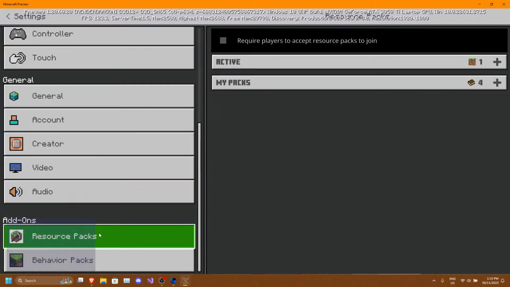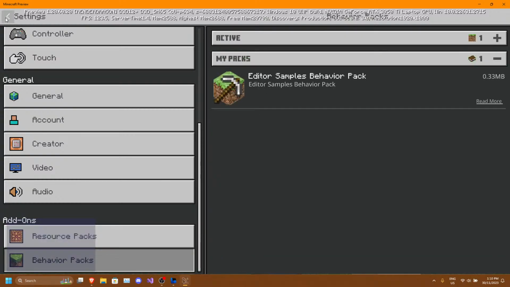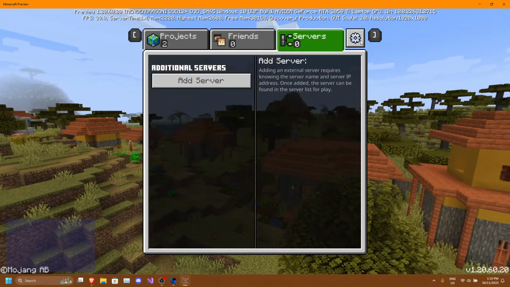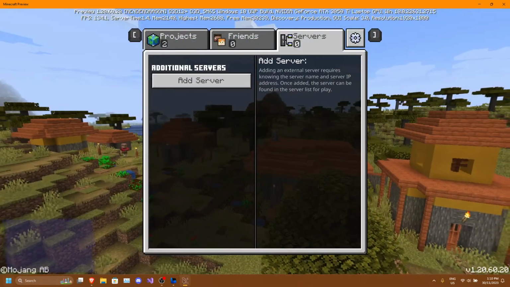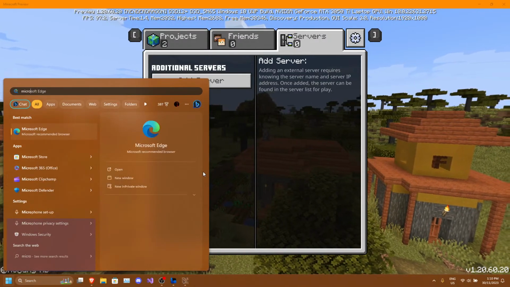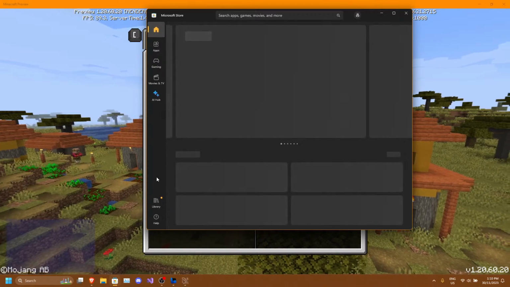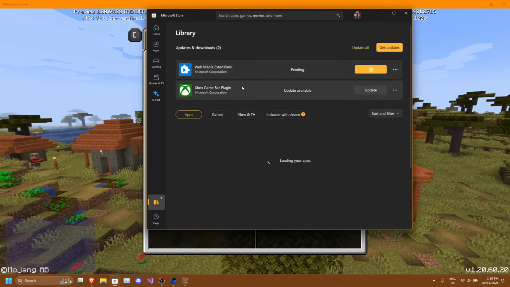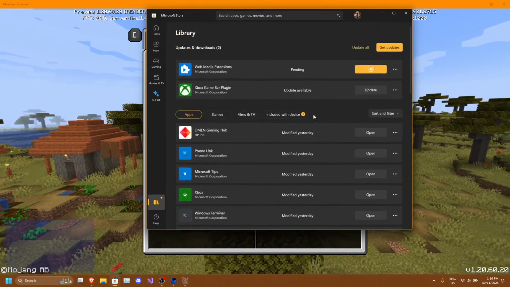Okay. Alright. Well, actually, I don't think I've updated this, have I? Let me just check with the Microsoft Store. Oh, it's not what I want. Do we have an update for Minecraft?